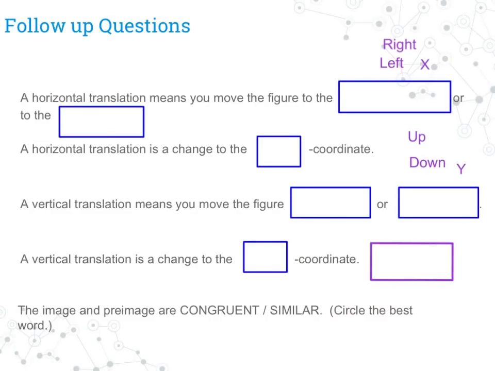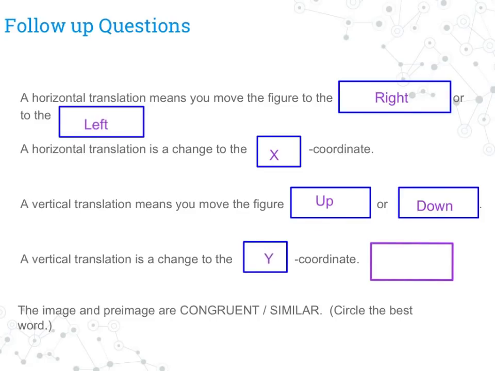So we have a few follow-up questions to talk about our translating. Remember, horizontal translating means that you move the figure either to the right or to the left. And a horizontal translation is the change in the x-coordinate, going from left to right. A vertical translation means that you move the figure either up or down, and